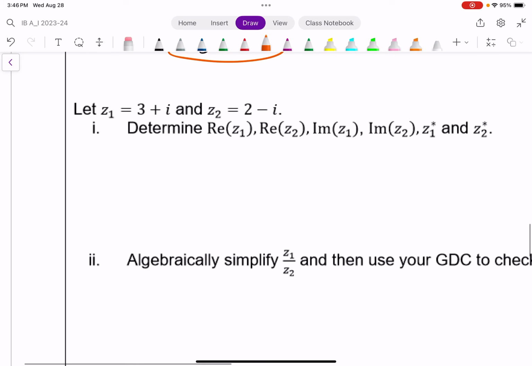I have two complex numbers, z1 and z2. z1 is 3 plus i, z2 is 2 minus i. And so all of this here is actually really quick and easy as long as we're familiar with what the notation is